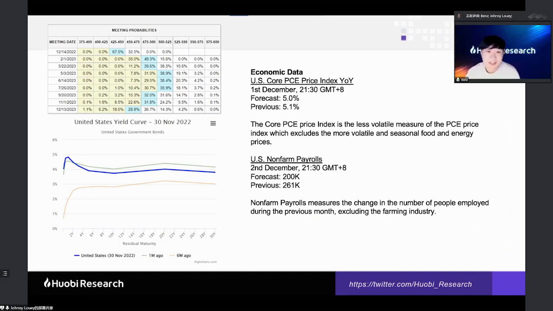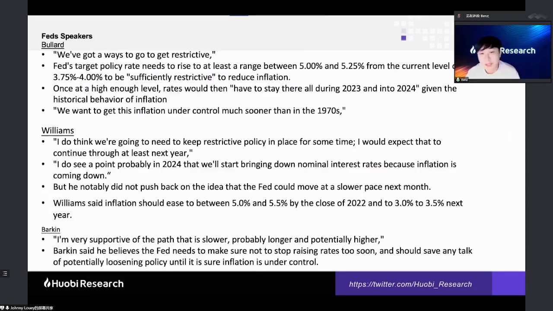And then if you go back to the second speaker, which is Williams. Williams is more like someone who is pretty neutral, but he's a little bit more optimistic. Seems like a nice guy, compared to Bullard. He's sort of sitting on the fence. He does not give a lot of direction of where the Fed is going.